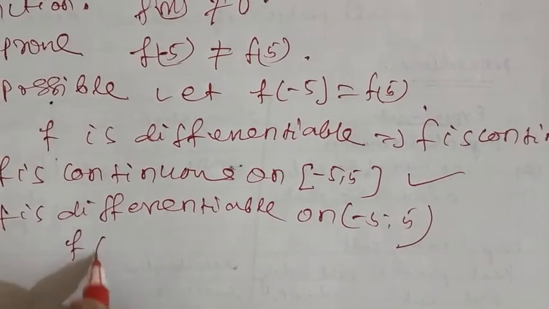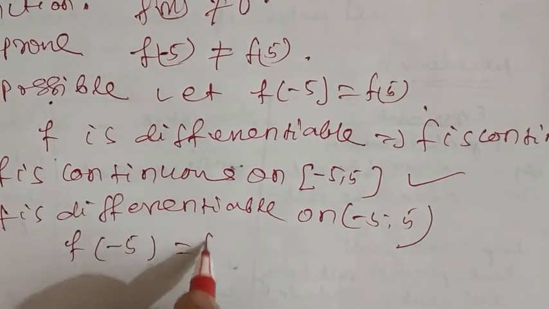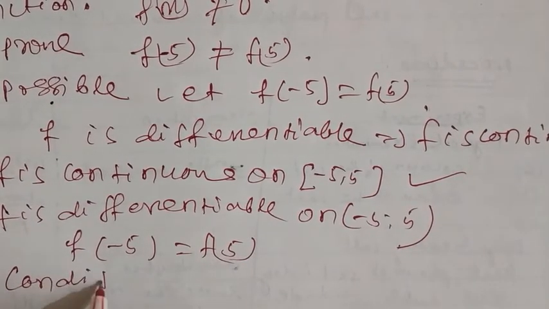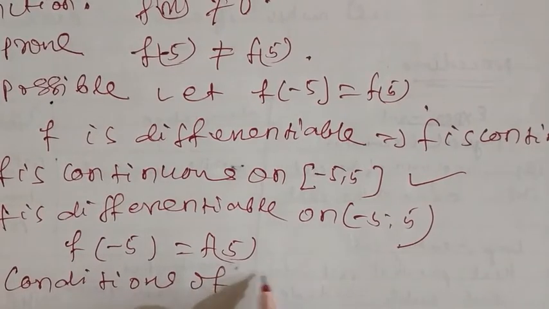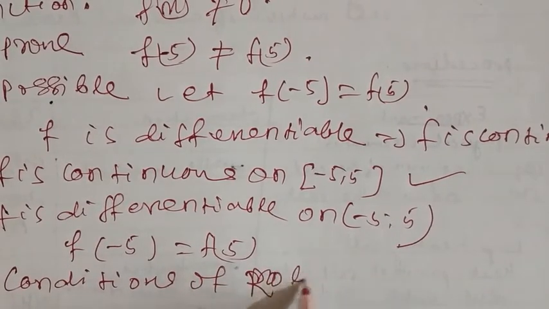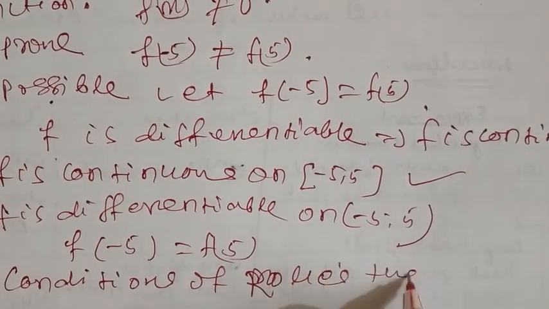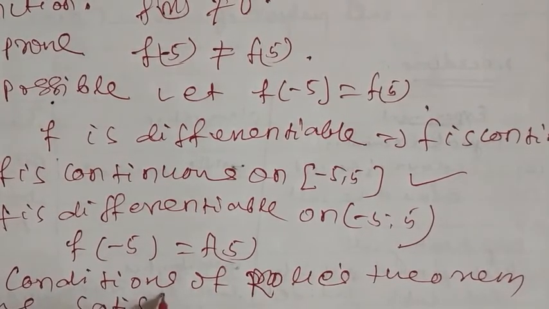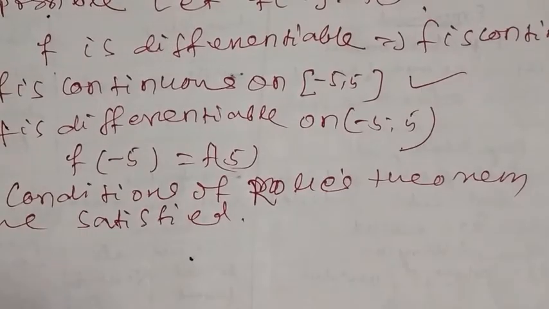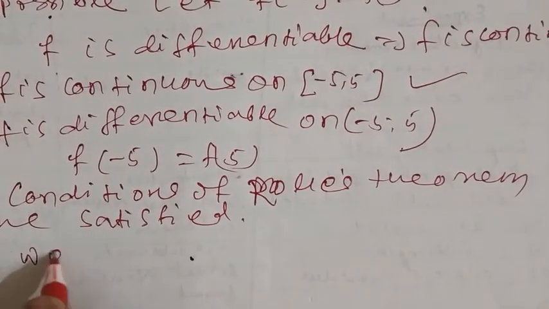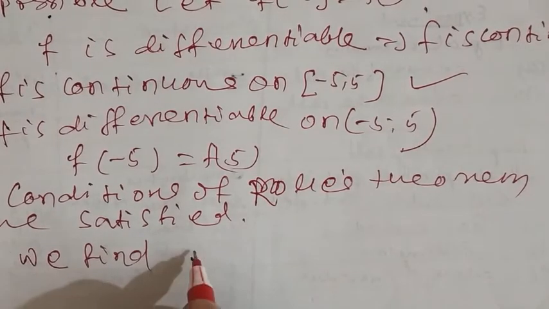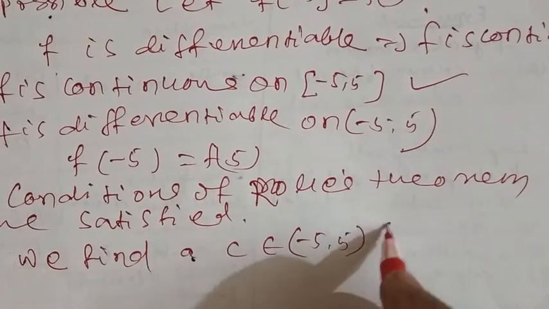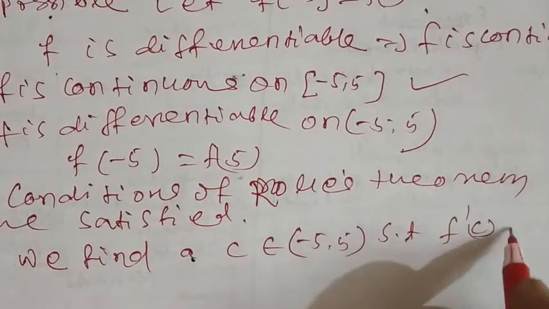And we have taken f(-5) equal to f(5). That implies conditions of Rolle's theorem are satisfied. This gives me, we find a c belongs to open interval (-5, 5) such that f'(c) must be equal to 0,